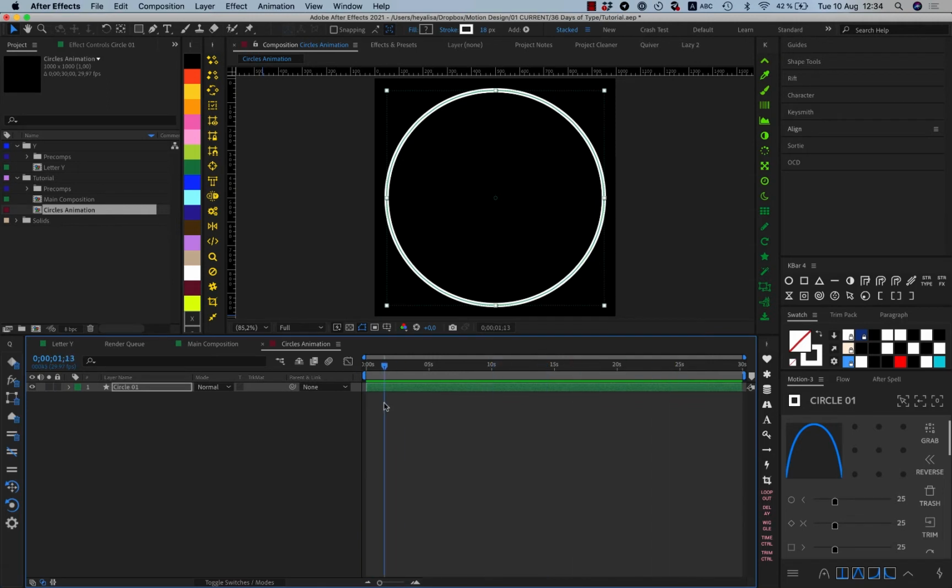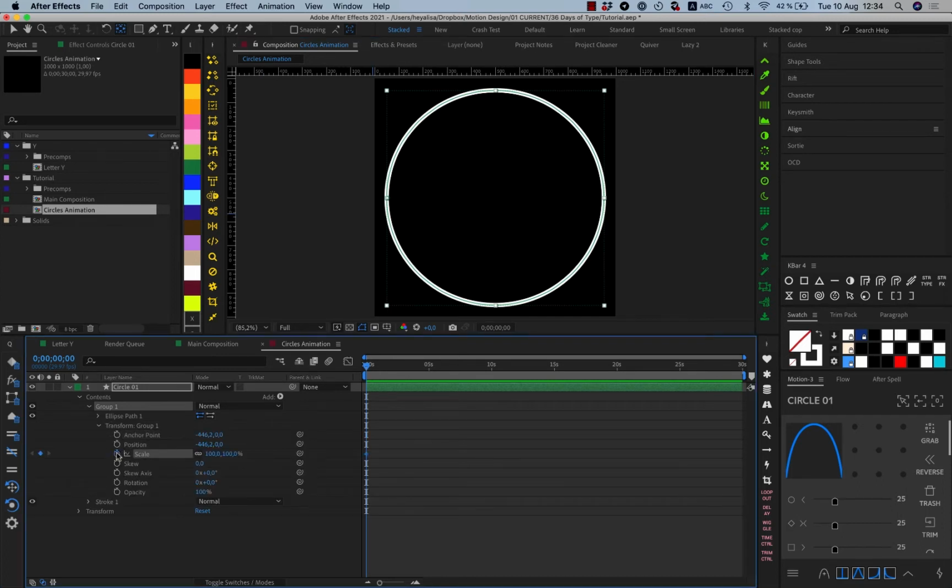And basically what we want to do here, we just want to increase the scale of this circle, very linear. We don't need any easing, but we don't want to increase it from the center. I want to move the anchor point to the left, and it's going to increase this way. So let's go inside and move the anchor point of the group 1